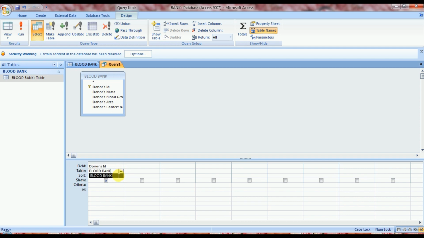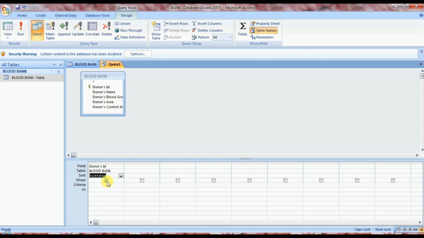Then select a table. I already selected one table here, it's blood bank, because we are doing a query on one table only. Then the sort option asks if you want to display your query data in ascending or descending order as per donor's ID. So I want to display my data in ascending order as per donor's ID.